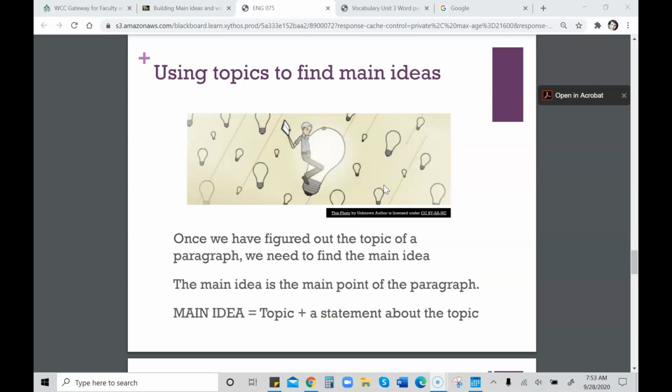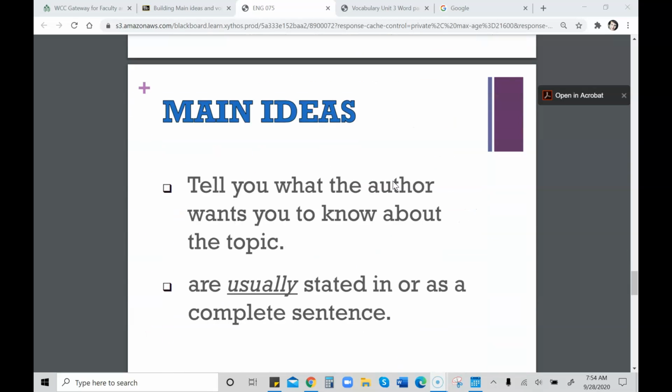So once you've had a chance to figure out the main topic of your paragraph, now you want to really find that, stretch it out to that main idea, and it's this idea of that topic sentence piece of it, which for our writing will appear as the first sentence of our paragraph, but you may find in reading that it's not always as obvious. So always ask yourself, what is the opinion? What is the goal of the particular piece?